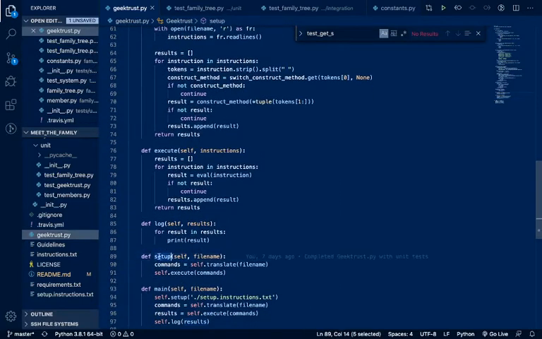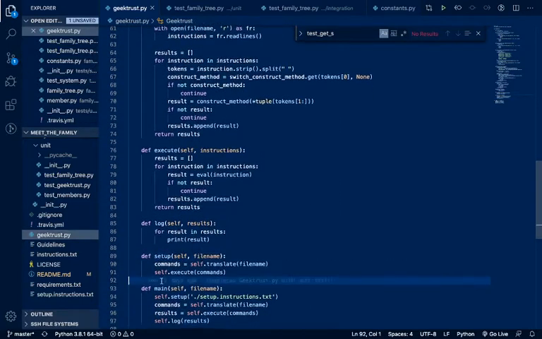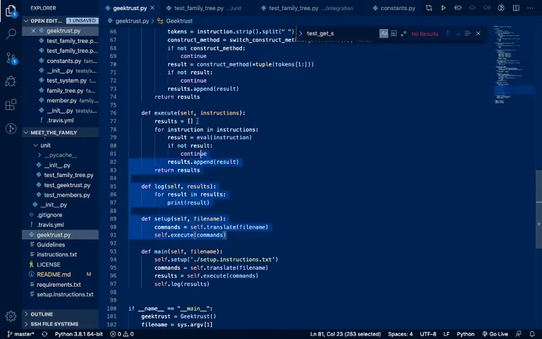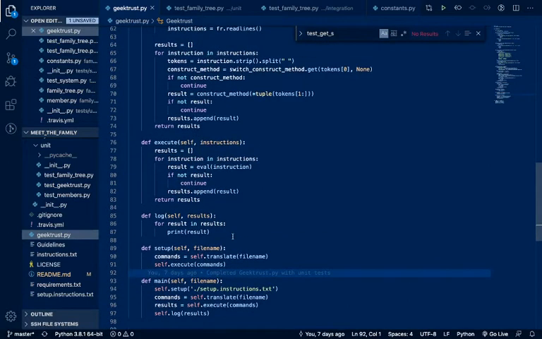We also unit tested the setup thing. And since all of these are working properly, what we did was, we created a main method. The main method first calls the setup method. Actually, I'll come into the main method a little later.